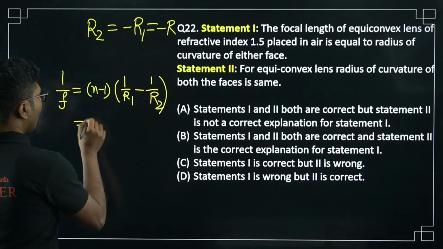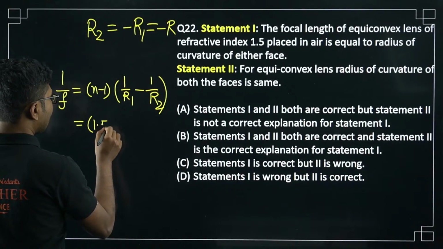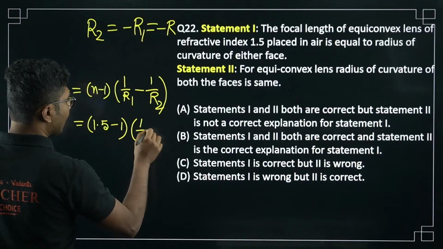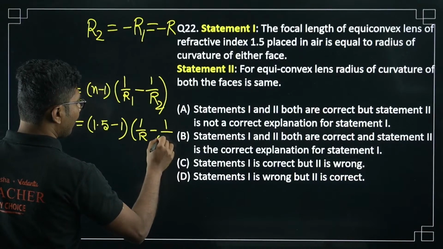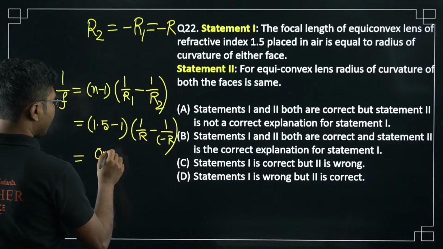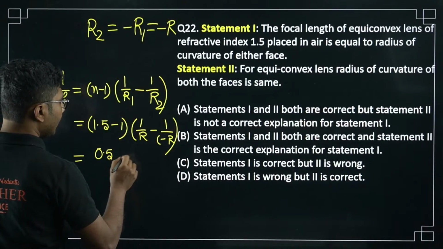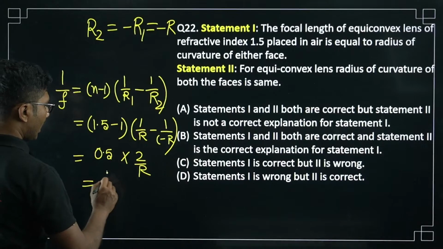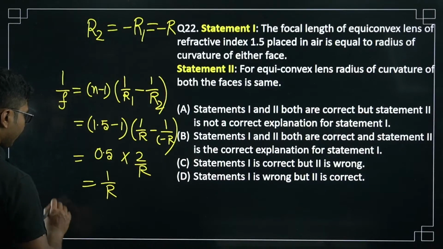So what is the refractive index? Refractive index is 1.5, minus 1, so it will be 1 by r minus 1 by minus r. So 0.5 into 2 by r, so it will be 1 by r. So f equals to